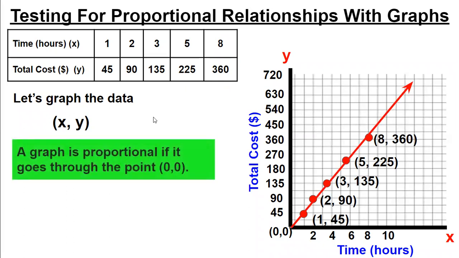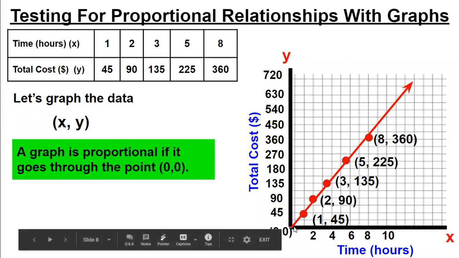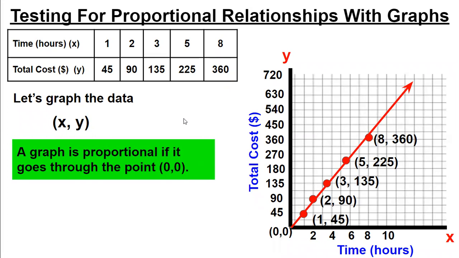Now, a graph is proportional. Remember, this is testing for proportionality using the graph instead of the table. A graph is proportional if it goes through the point 0, 0. 0, 0 is always the corner starting point here, isn't it? So does that graph hit the 0, 0? Yes, it does. Why does it hit the 0, 0? Well, if no time has gone by, you have no cost, right? No time goes by, no cost. Okay, so,